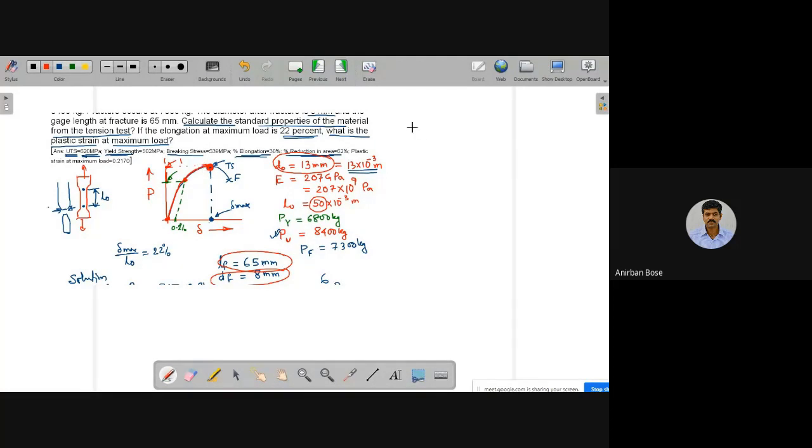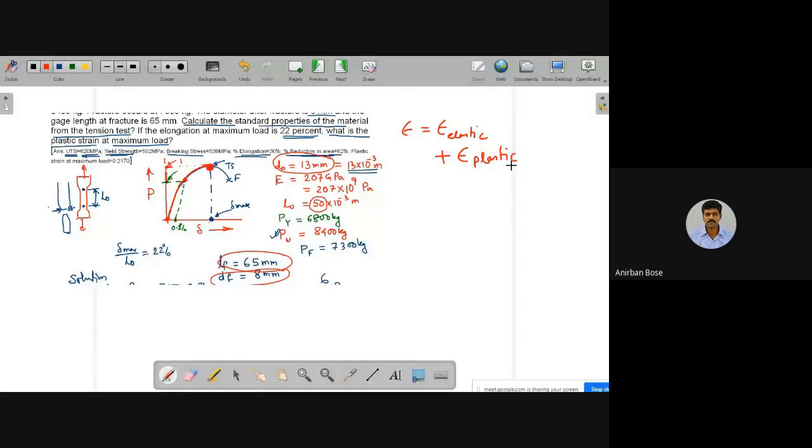So exactly in a similar way you can understand the strain having 2 parts. One part is the elastic part, and another part is the plastic part. Plastic part means the permanent strain, corresponding to permanent deformation. Elastic means which is recoverable. Okay, the 2 parts is actually there.